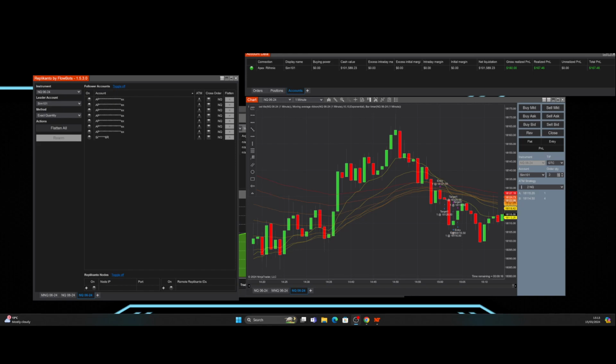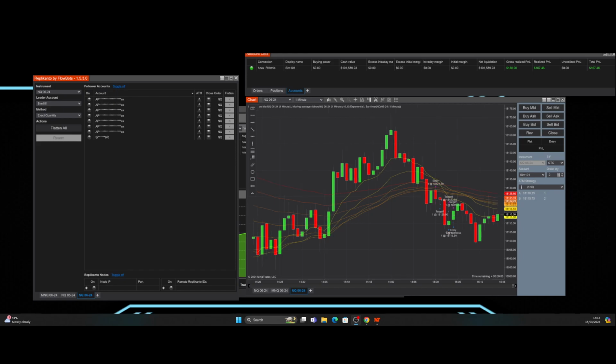Like I said, it came because of the averaging in, and me losing an account earlier this week. So what I discovered was you can actually set a max position size on